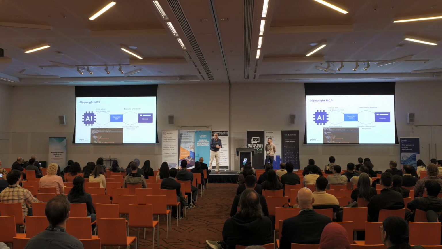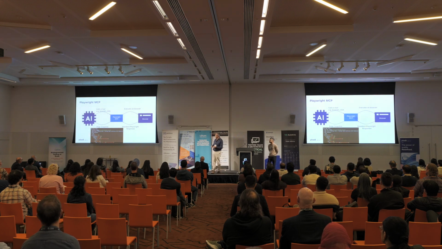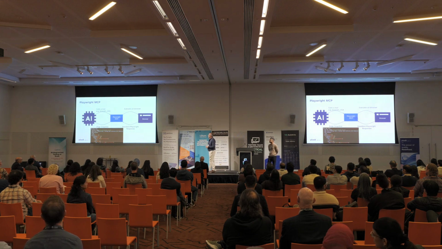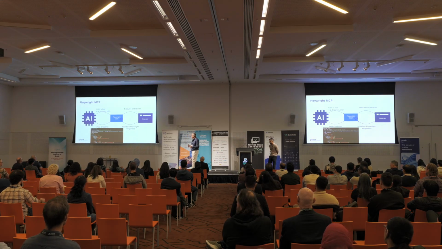Playwright MCP will then go and pass that to a browser and say, hey, click this element, whatever element it is that you should be clicking. And that will then kind of trickle back into the LLM. It'll say, yep, I did that. And it'll generally, for most things, return a page snapshot of where it is. And that page snapshot is what they call the accessibility tree. It's just a view of what the page looks like from an accessibility point of view with references.